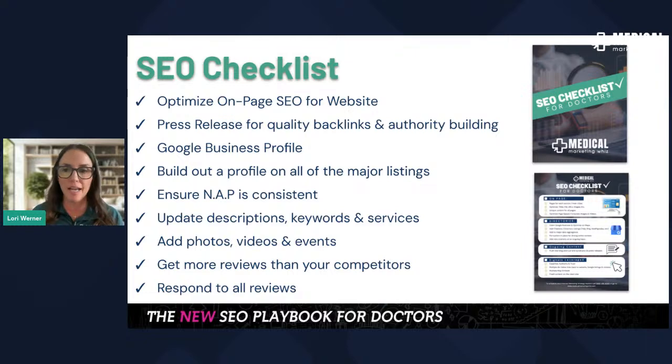So overall, I've touched on a lot of things, right? I've talked about on-page SEO, getting the page speed, compressing your images, doing some really good quality content on your website. We've talked about press releases and the ability to really get some high quality backlinks and being able to say on your website, you were as seen in NBC and ABC and Google News and all of those sorts of things. Optimizing your Google business profile, plus building out all of those other online major listings,